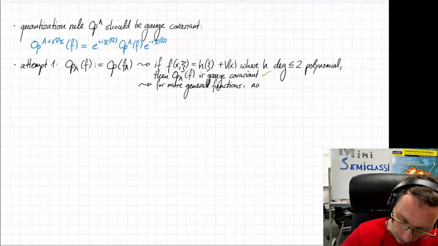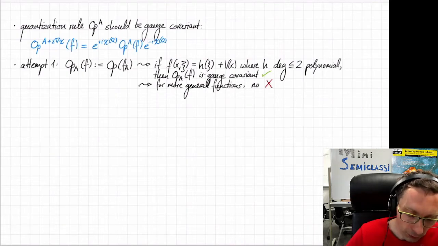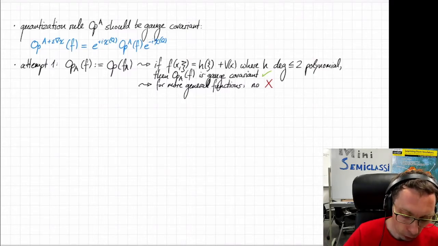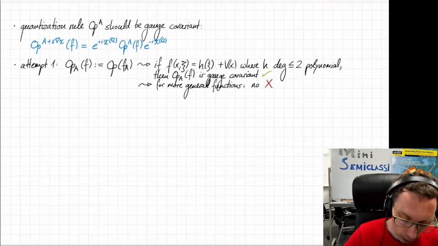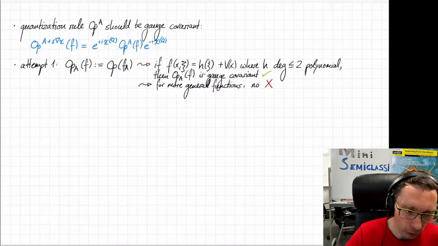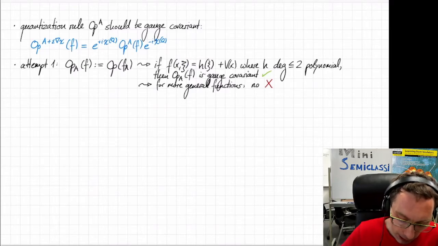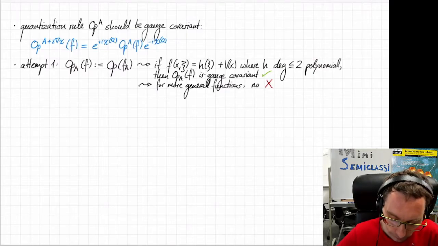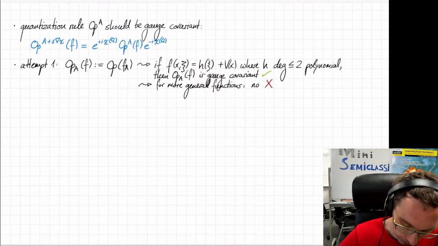And this means that if you do some construction, let's say some perturbation expansion, using the asymptotic expansion of the Weyl product for minimally substituted symbols, then you have to impose conditions not just on B, but on A. And higher order terms actually depend on the vector potential. And this is, of course, bad because it breaks the paradigm that all physical properties of your system only depend on the magnetic field rather than the choice of vector potential. So that's why the second attempt is bad, but